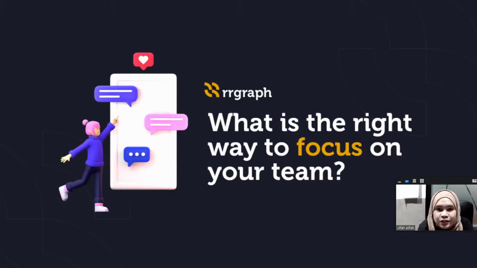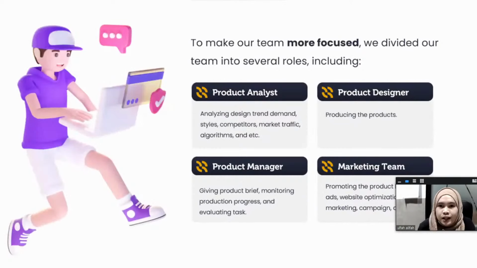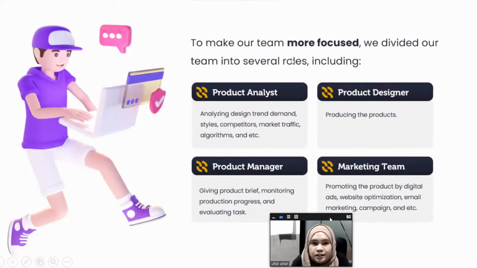Okay, so what is the right way to focus on your team? To make our team more focused, first we divided our team into several roles. Before I explain it more deeply, I just want to give a short note for all of you guys that if you want to have more team, you don't necessarily